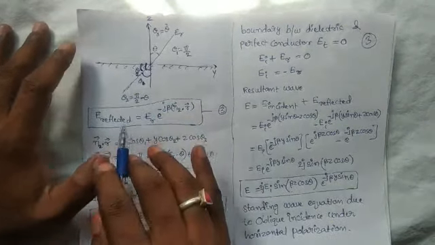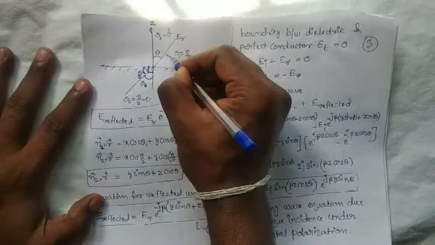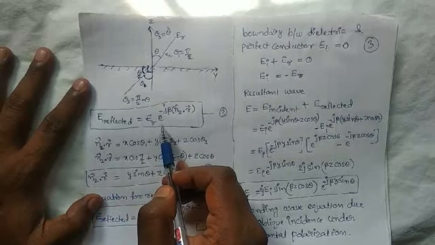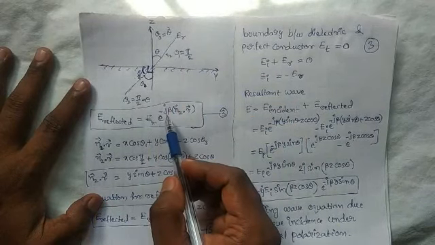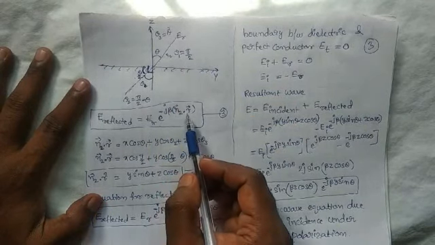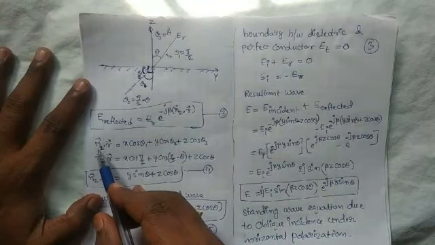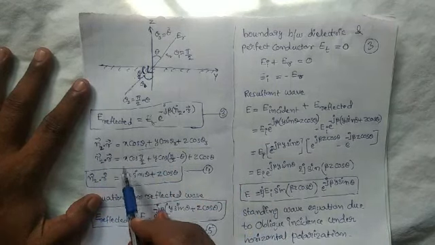Here similarly, the reflected wave is equal to what? E reflected. Actually, the unit vector in this direction is n2. Okay, E reflected is equal to ER into magnitude, ER into e power minus j beta n2 dot r. Here n2 dot r, how to calculate n dot r? Using this formula. Here n2 dot r is equal to what?